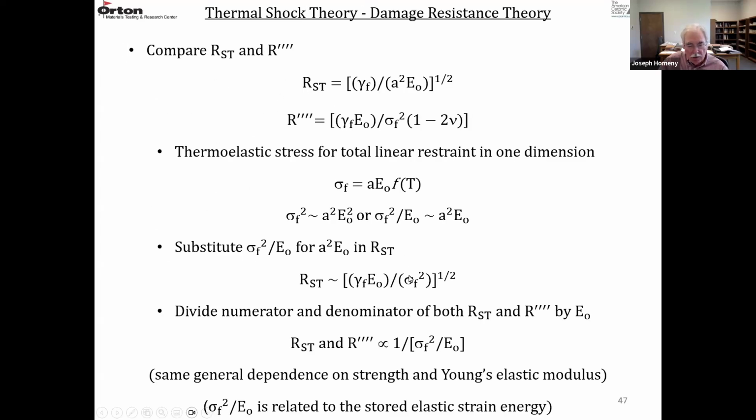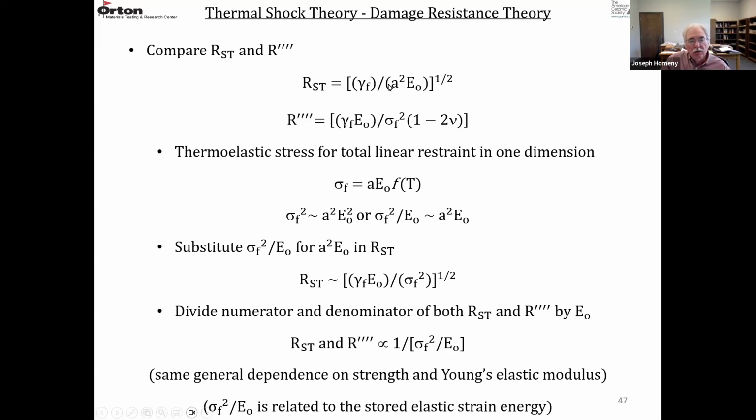I'd like to just repeat this and look at another comparison of RST and R4 prime. So RST and R4 prime were the two important R parameters for describing thermal shock. R4 prime described thermal shock for materials with shorter crack lengths. RST was for materials with longer crack lengths. And I wanted to show you how you can compare these in two different ways. First way, we went over this very quickly at the end of last class, was based on stored elastic strain